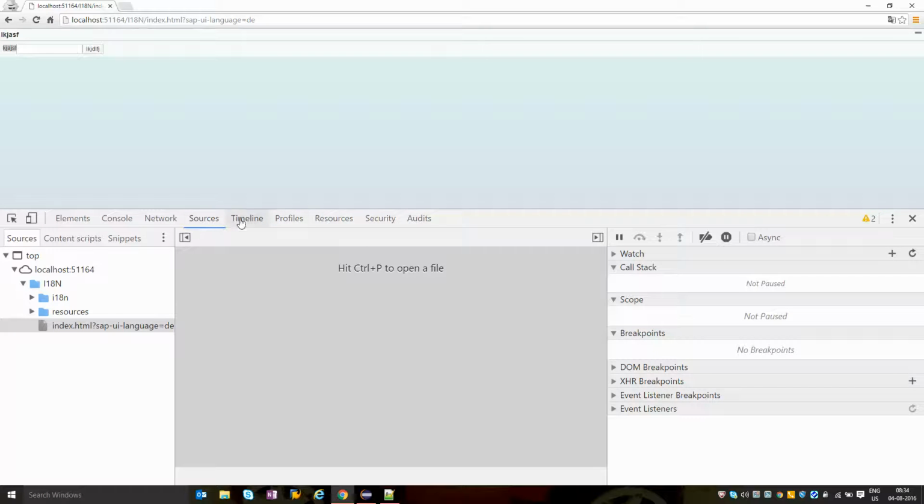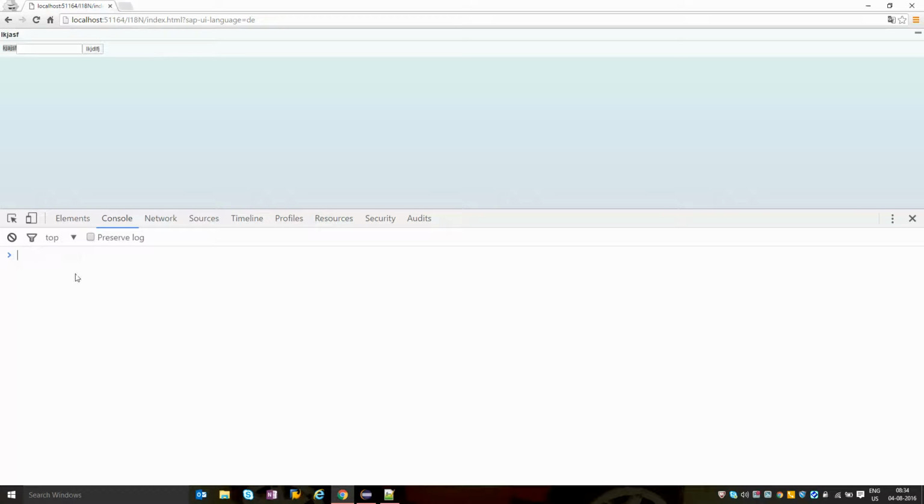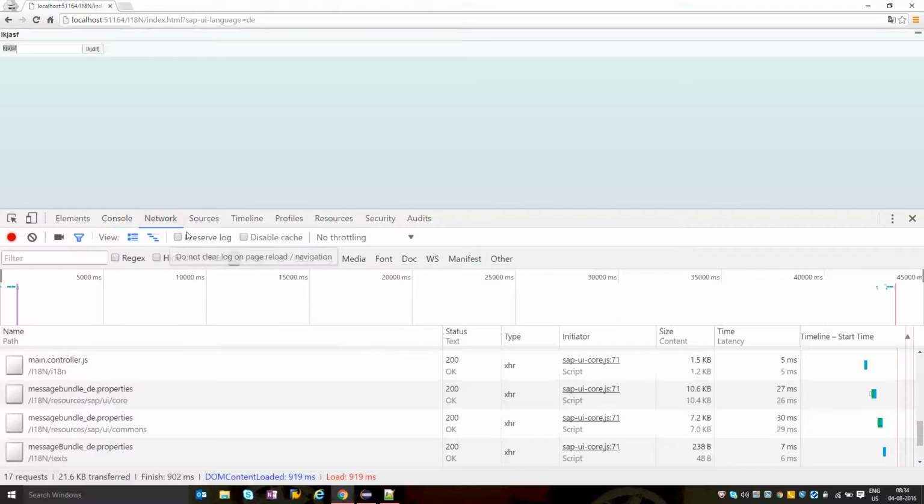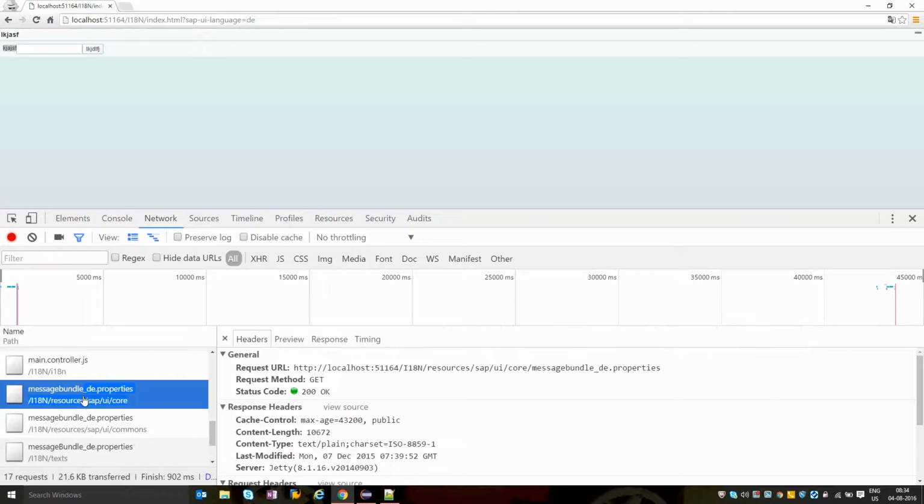So if you want to get the logon language, you can get the core instance by sap.ui.getCore(), then call the method getConfiguration, which will give you the configuration, and from the configuration you can get the language. This will give you whatever language you have used for login. Basically, the resource bundle model which I have instantiated will pick the file to be loaded depending upon the language code that I have given. In this case, you can see that messagebundle_de.properties has been loaded.